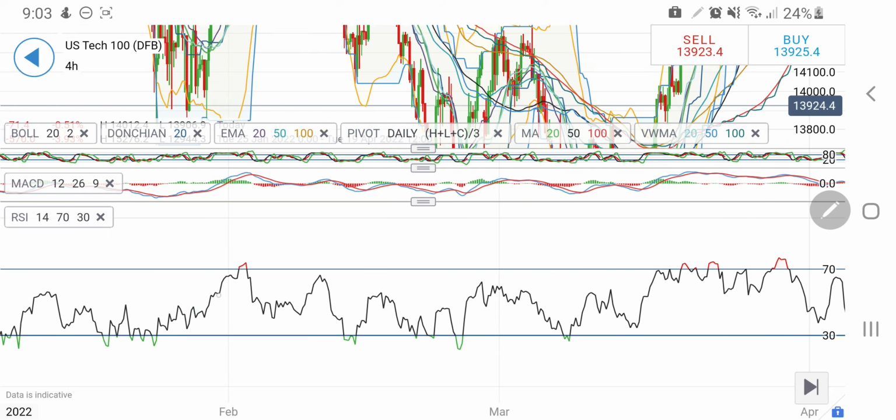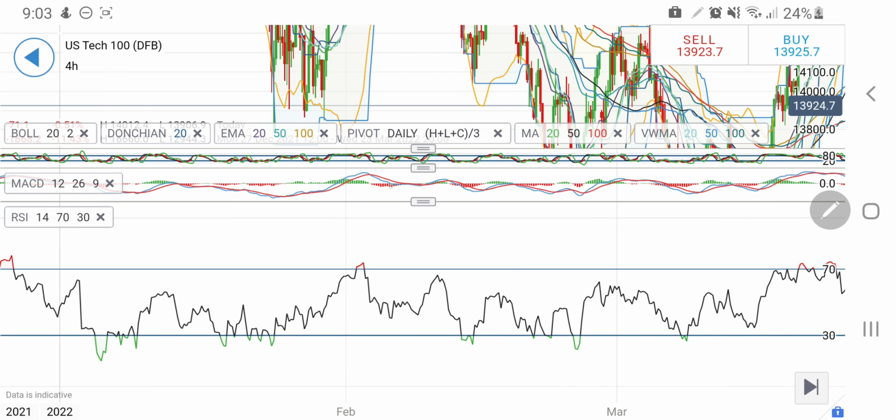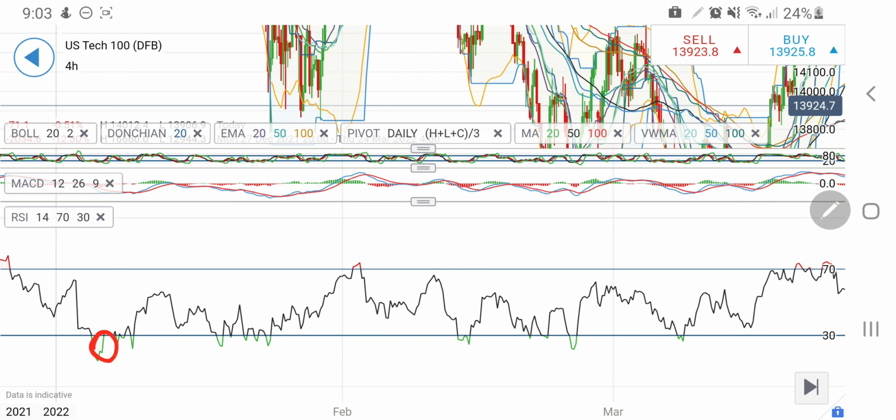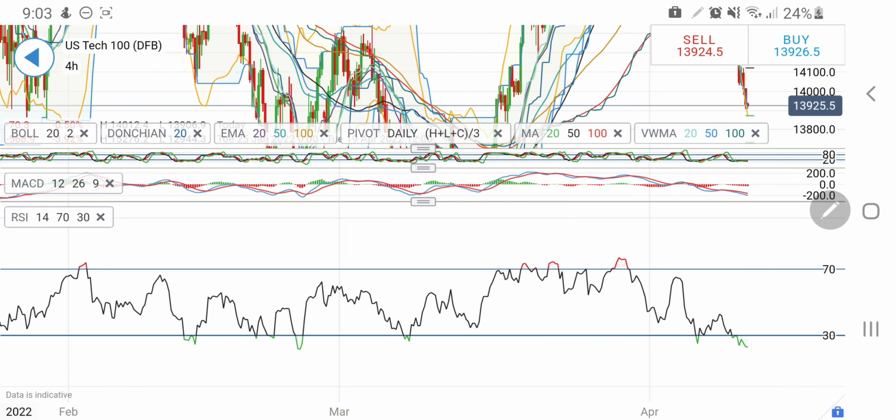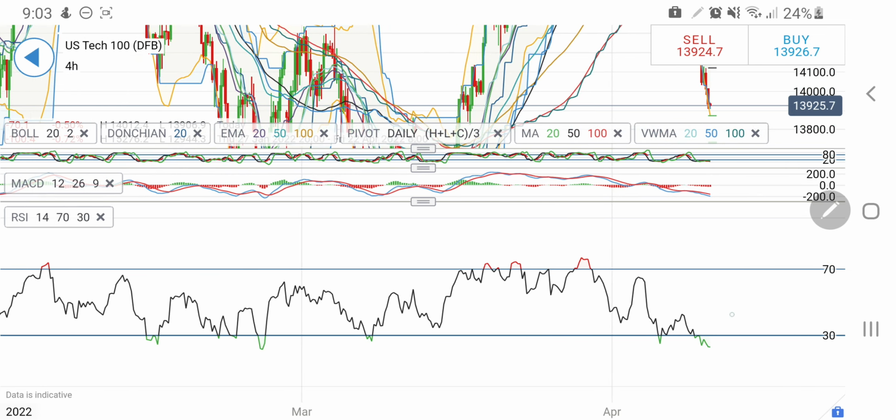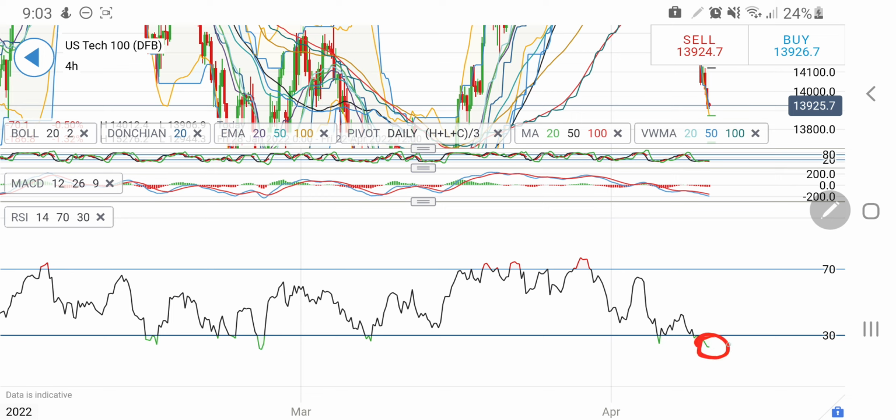So yes, a retracement is a must on US 100. In fact, here it was extremely oversold, then it showed a good rise. So yes, here too, Nasdaq 100 on the 4-hour chart is extremely oversold, and a rise and a bounce back is a must. So I'll be watchful of the 14,000 and 14,100 levels for the day.